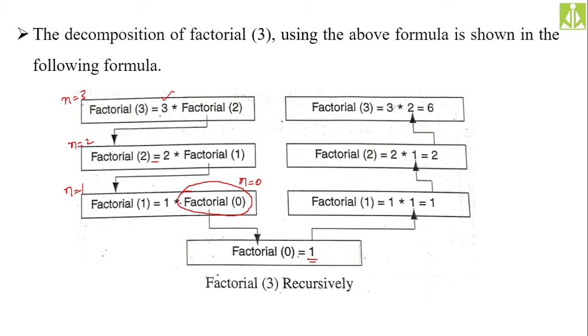So over here, 1 multiplied with factorial of 0. What is factorial of 0? Here we put that factorial of 0. You can see here.